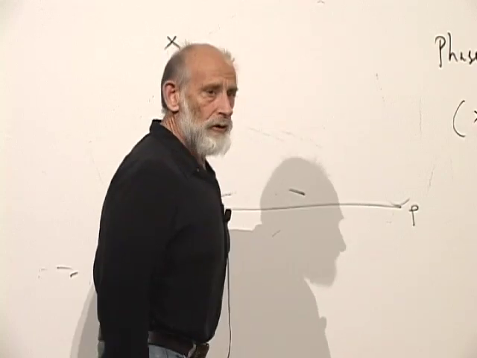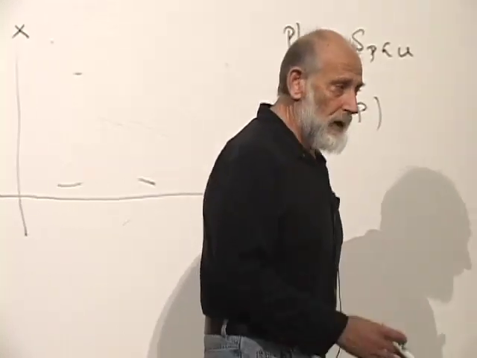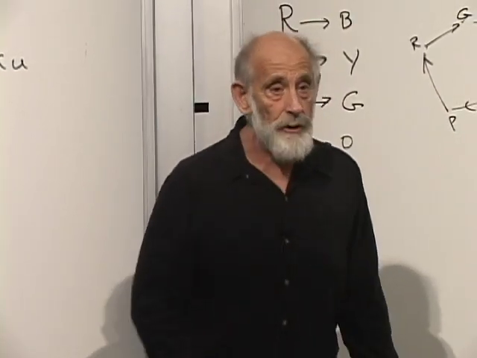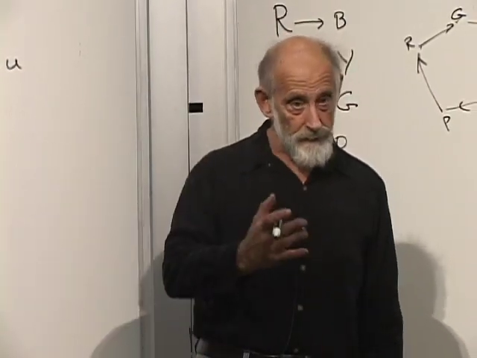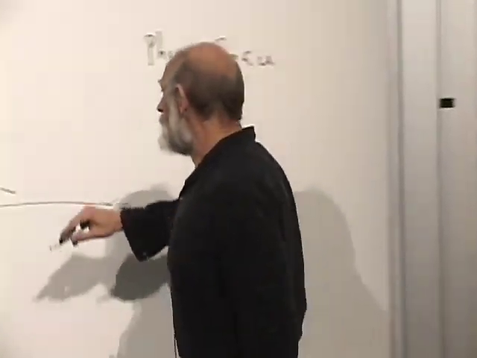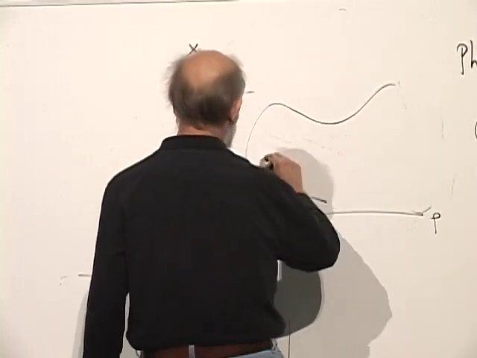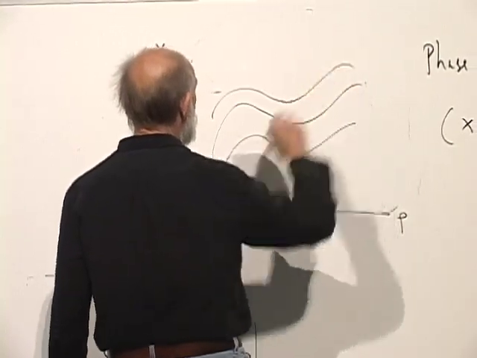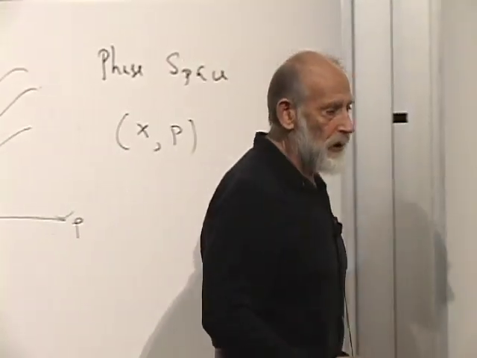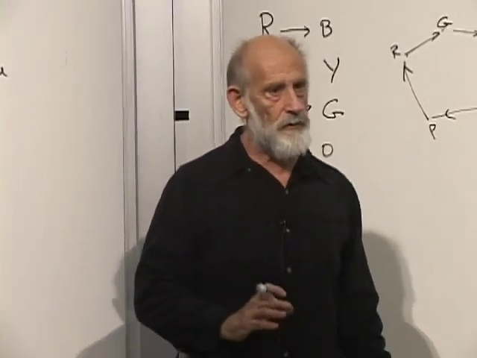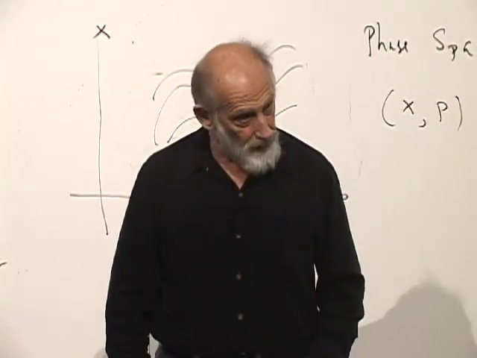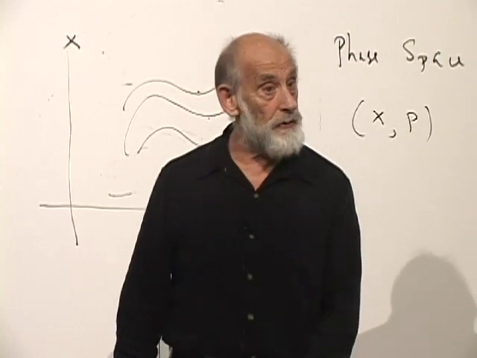Now, there can be conserved quantities. In other words, the trajectories can be labeled, for example, with values of energy. The energy doesn't change along the trajectory. And so the different trajectories in general, whatever they do, may be labeled by the energy. And that energy doesn't change. You pick it once and for all, and it stays that way. So that's called the conservation of energy.